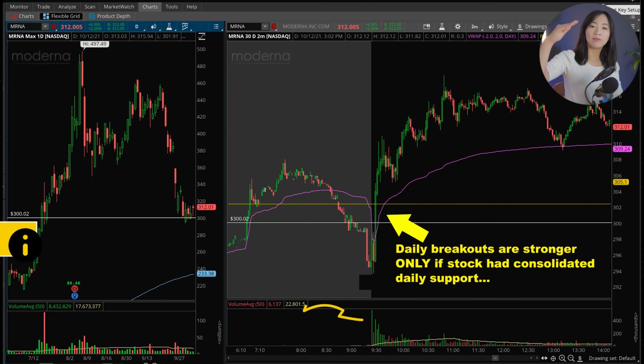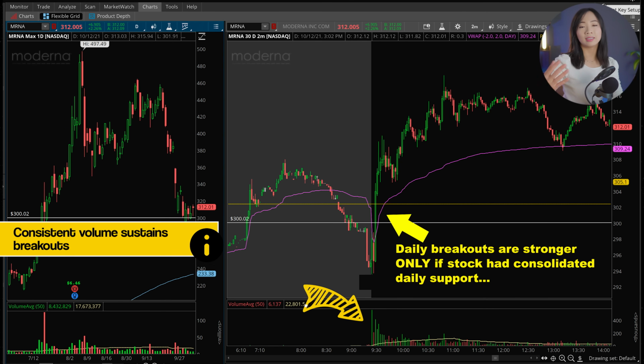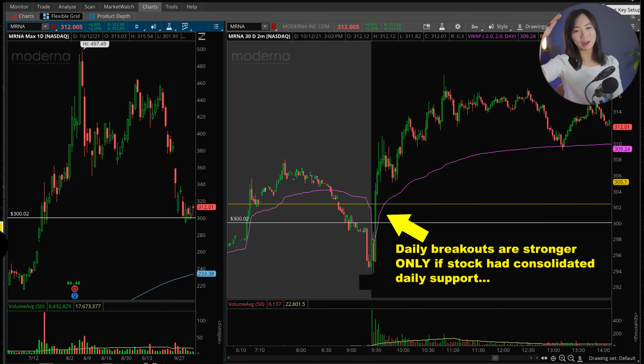So besides looking for stocks that's breaking above some recent resistance, a breakout chart, I also want to see increasing volume on the daily chart. Because in order to have a true breakout with a stock breaking above resistance to the upside and hold above it, you need more people buying it. It's actually pretty simple. Increasing volume precedes the breakout, and consistent volume sustains the breakout. So that's why volume is so important. That's why we didn't just scan for high volume stocks, but high relative volume, factors 1.5 to 2.